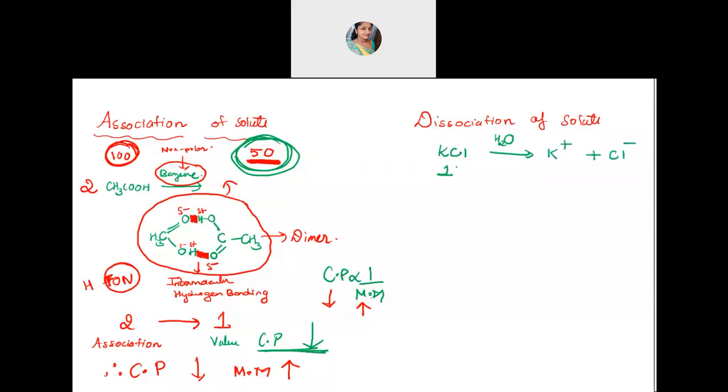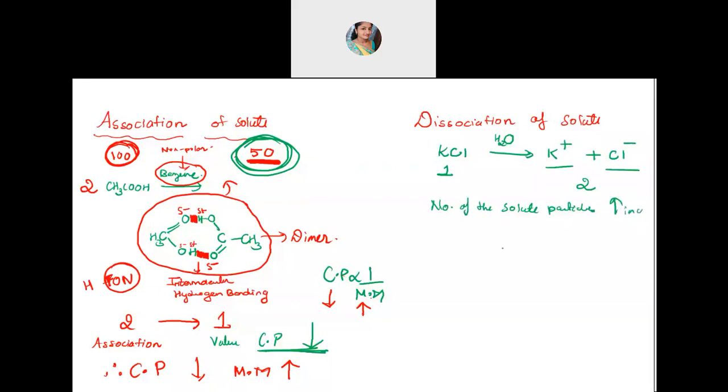So initially you have taken one KCl. But when you added them into the water, how many solute particles are you going to get here? Two, no? You see the number, okay? Don't see that molecule part of it. You see how many numbers of solute you are going to get. Initially they were one, one as a compound. Now you are getting how many here? Two. So if you are getting two here, what will happen to the number of the solute particles? The number of solute particles is increasing when they dissociate.